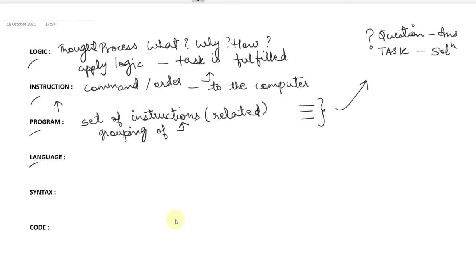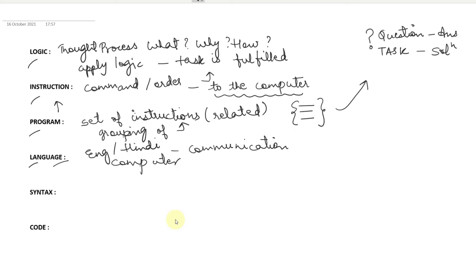Mind it, we're not talking about languages like English or Hindi. These are the languages which we use for our communication. Since we are going to deal with the computer, the instructions are given to the computer. You have to group the instructions and write them all together. How are you going to manage this? This is going to happen through the language. So here by language we mean the computer language. Which language are you going to use? That is very important to be decided at this stage.